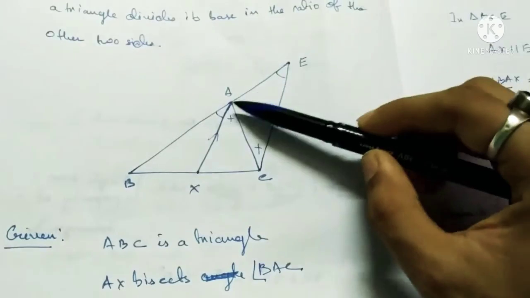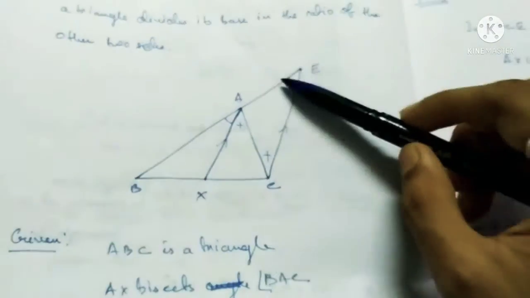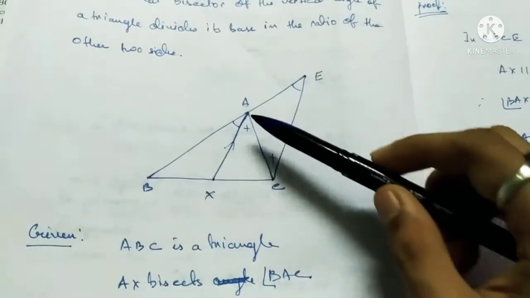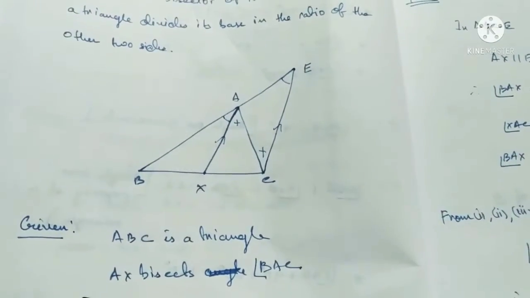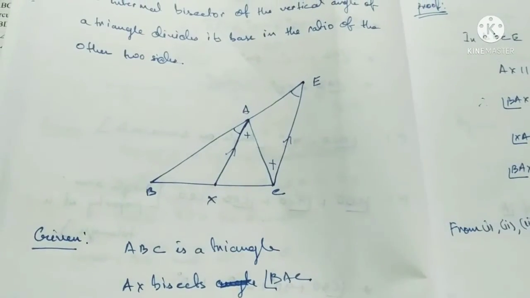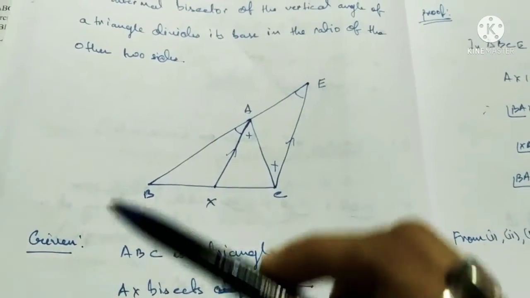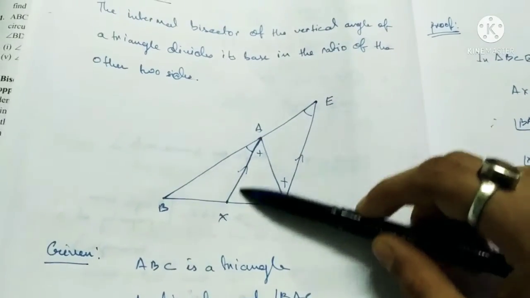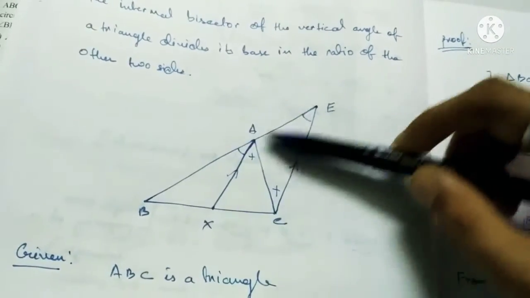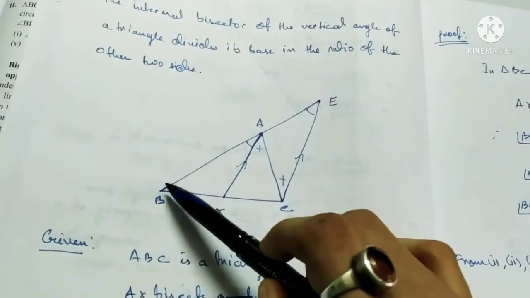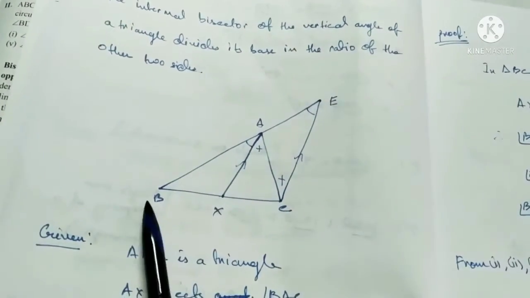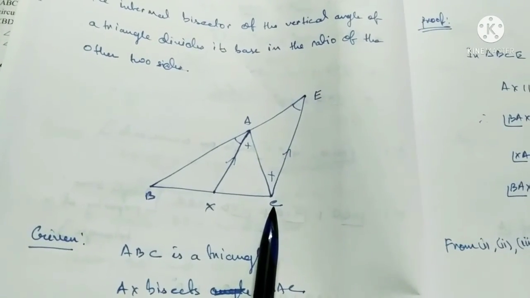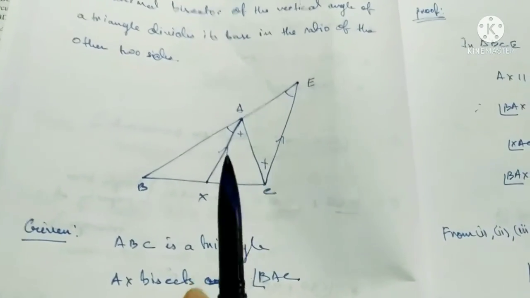Finished? Again, since AX is parallel to CE, or EC, whatever you say, this is parallel to this, from construction. So in this whole triangle, this is parallel to this, so what I can say is this by this is equal to this by this. Yes or no? By basic proportionality theorem. This one in class 10 general maths you have got.